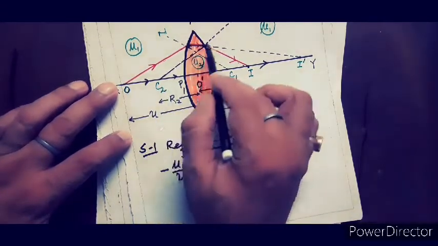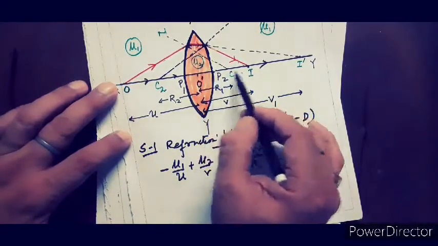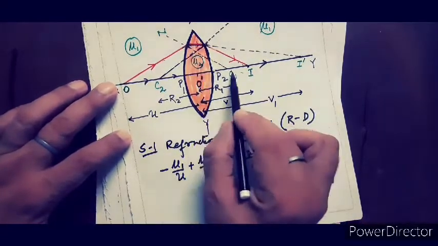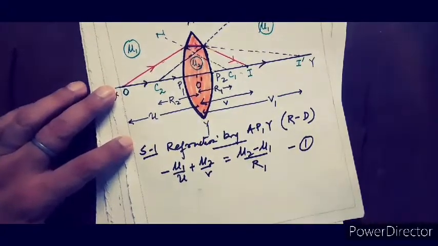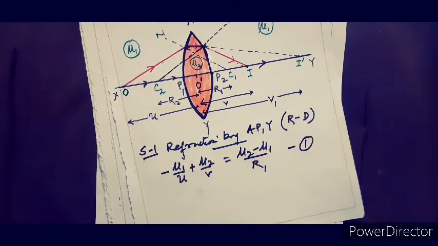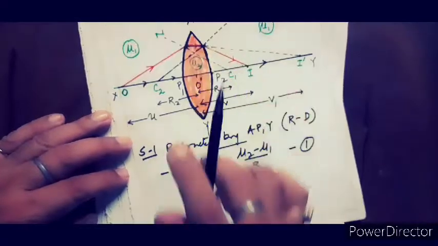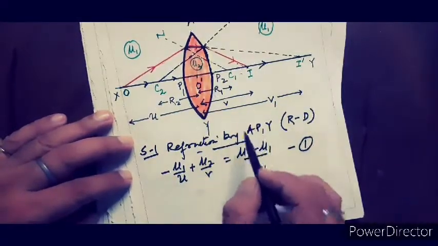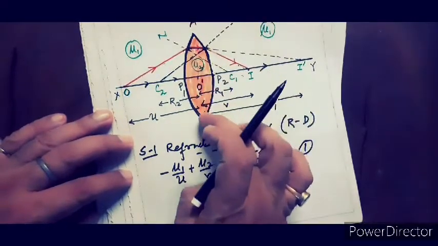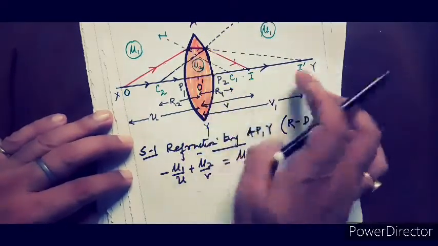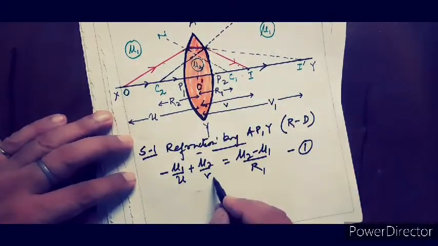Which r we are talking about? Here the first refraction occurs from this, so this particular value r1 we have to take, this r1. That is equation number 1. Now the point is that here u is the distance, and this refraction is for the first surface. If this second surface was not there, the image would form here, so that is, this distance is v1, so it is better to use v1.